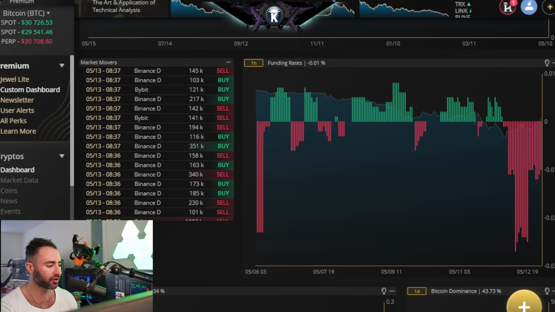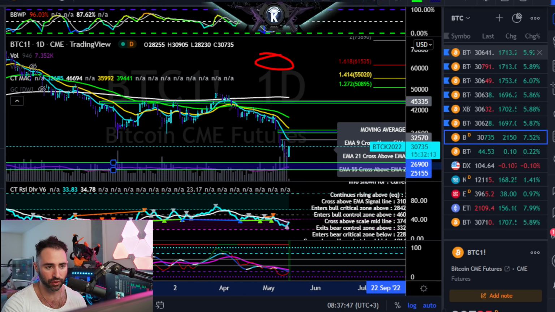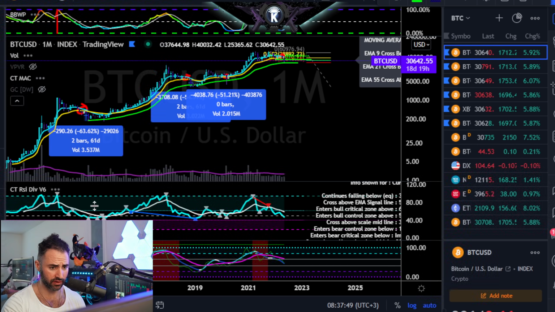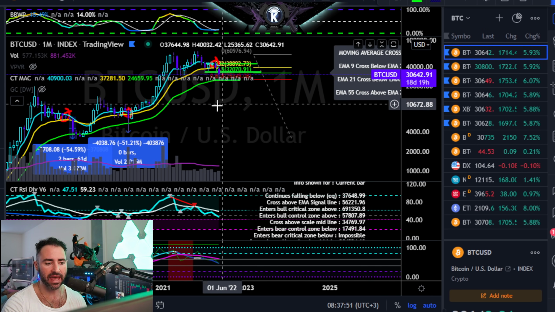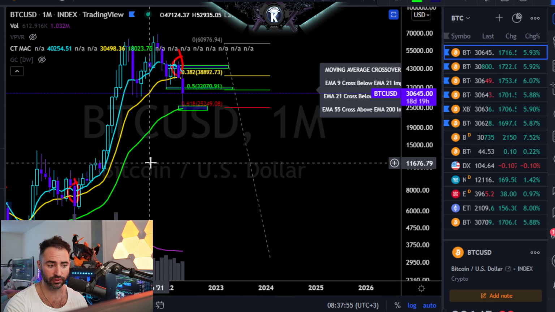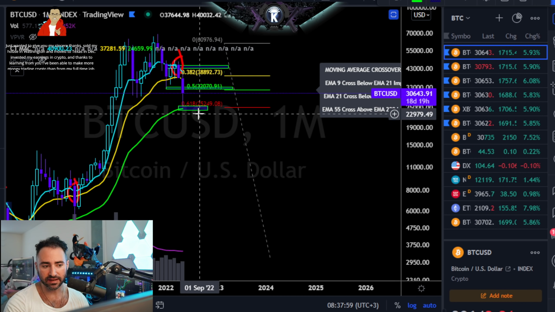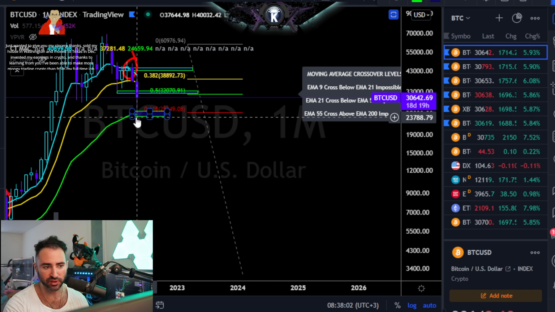Anyways, also on the idea of a likely bounce within this region is the macro fib that we were looking at on the monthly, I believe it was. Yeah, this is a macro fib from the ultimate high to the ultimate low of our current cycle to our last cycle, and the 618 is right in alignment with that 55 exponential right here. And actually, the 618 got tested pretty much perfectly, I would say.